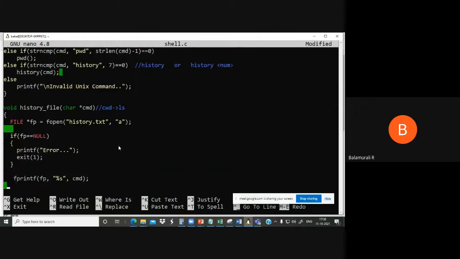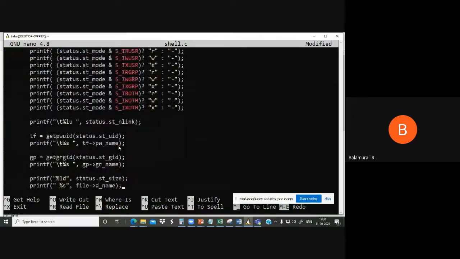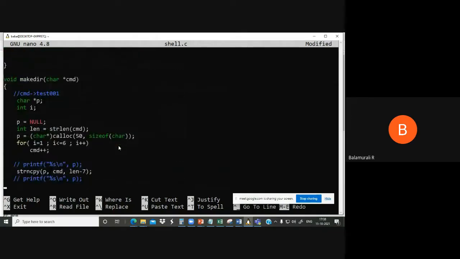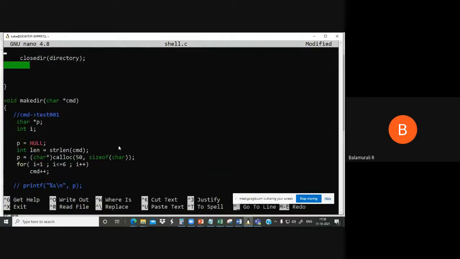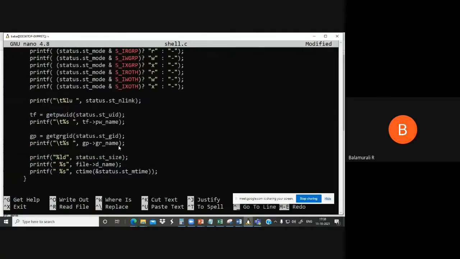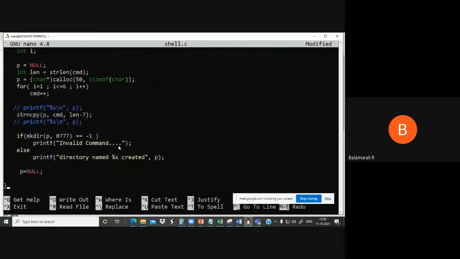Yeah, it's rmdir. Okay, the actual command is rmdir. So hence that length is 13. Otherwise the working mechanism is the same.